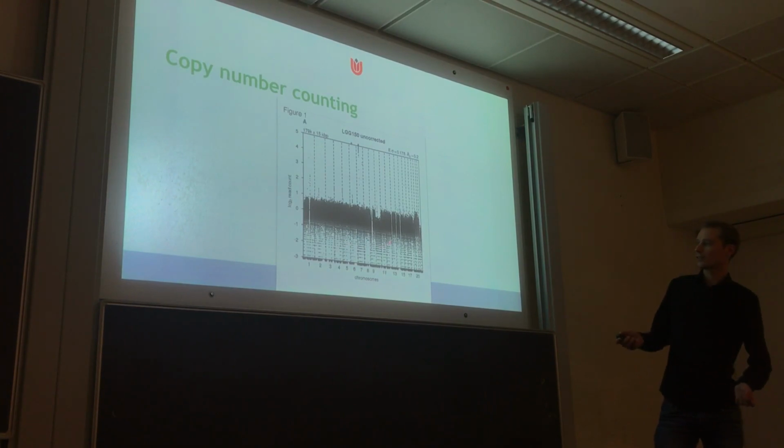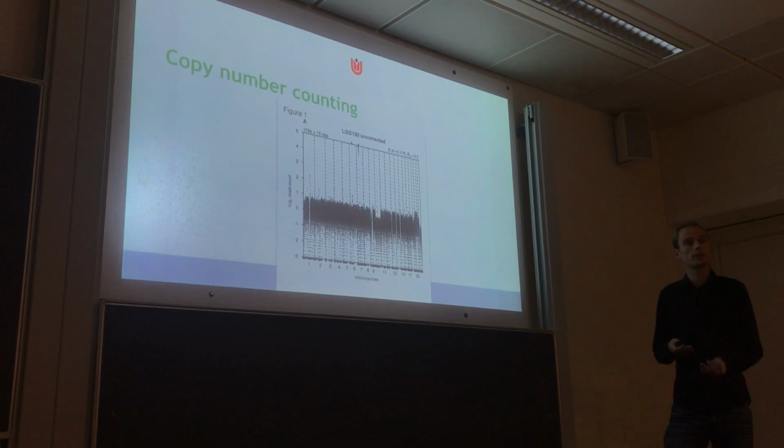So this is data, well, not raw data, but close to raw data from a tumor. And it's very simple. This is already kind of what we saw with the aligned reads. And just simply counting, in 15,000 base pair bins, how many reads you find, and then taking the log2 ratio and normalizing it. And you can see that it really reads a discrete number here by seeing, oh, this is a couple of reads, this is one more, one extra, and they get closer and closer together because it's a